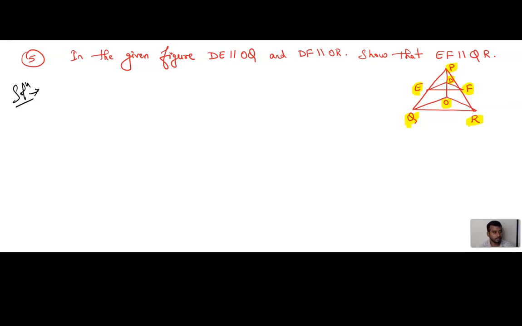Now shall we break the figure? Yes. What is the first case? DE is parallel to OQ. This is my DE. DE is parallel to OQ. It's here. OQ. I will just draw the figure like this. Correct? It joins at P. Understood? Children, he has given here something half by half, full by half, something we have to apply? No.